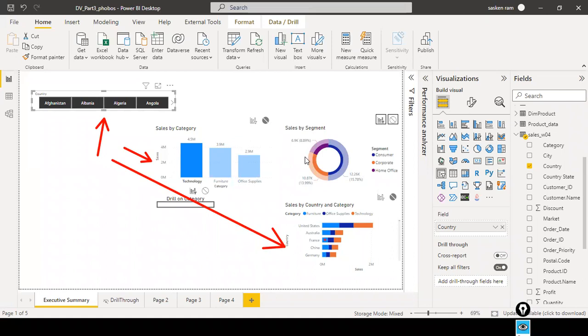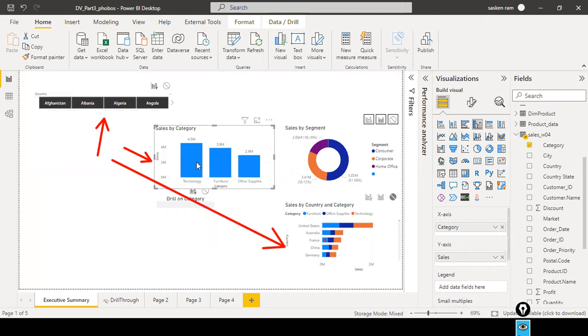Now, is there any way I can control this one? So now I selected this one. What you need to do is, for example, if you wanted to restrict the interaction between these two visuals, you can select this way. And if I unselect it and if I disable this one, right? And if I apply technology, look here, it is not applied here, right? It shows everything here. So even this one was not interactive, right? So for example, if I enable this one,